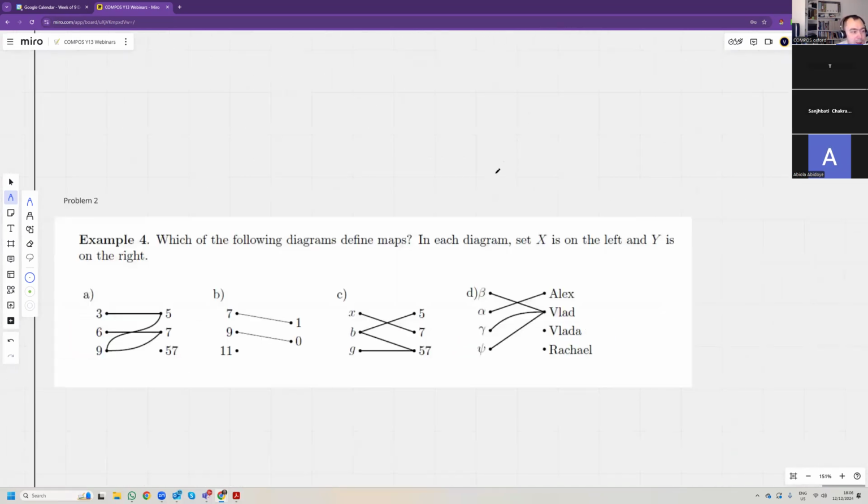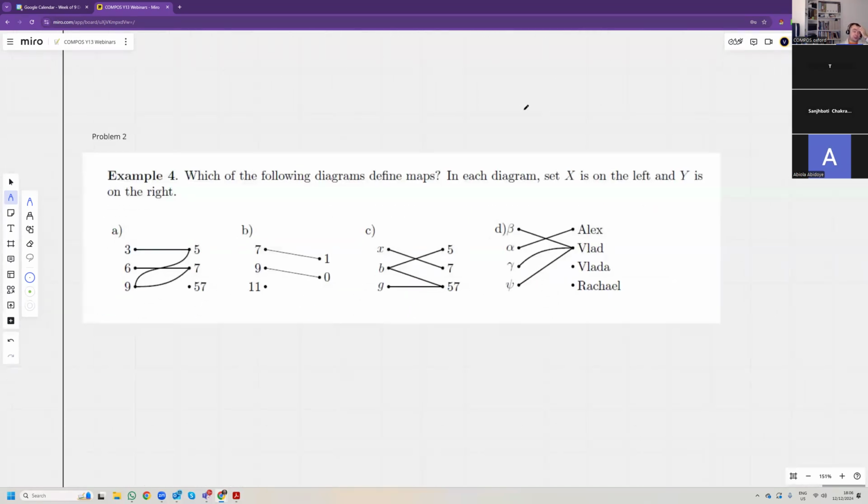Right. So problem 2, I took example 4 from the assignment, and it said, which of the following diagrams define maps? So a map is just like a function. Like you've done functions in school, and you know that a one-to-one is a function, many to one is a function, one to many is not a function. So here, this is not a map